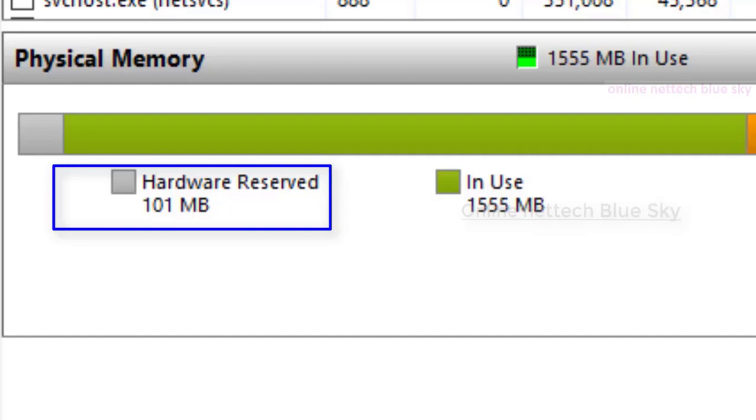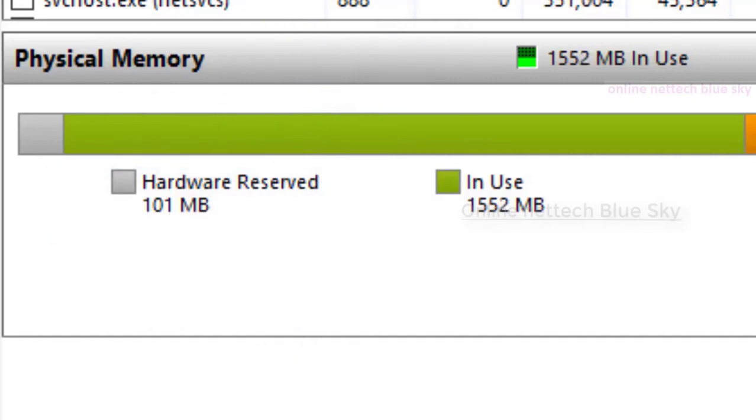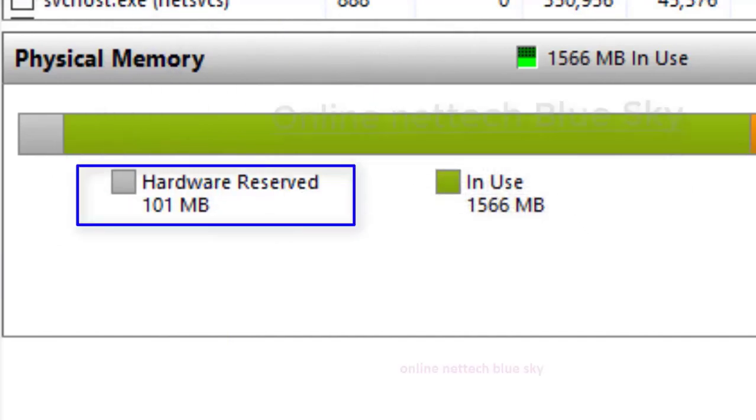So why is this hardware reserved automatically? Because sometimes the system does not work directly without a process ID and without computer work control. So this hardware reserve knows what this memory is, what work happens here, how many types of work, and how this can work. So this hardware reserve is very important.